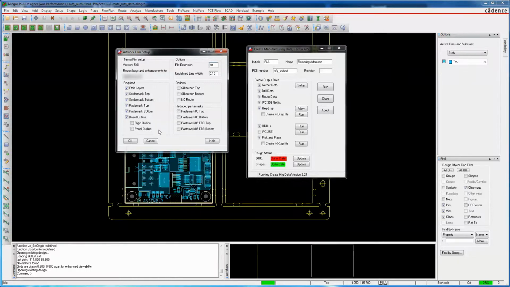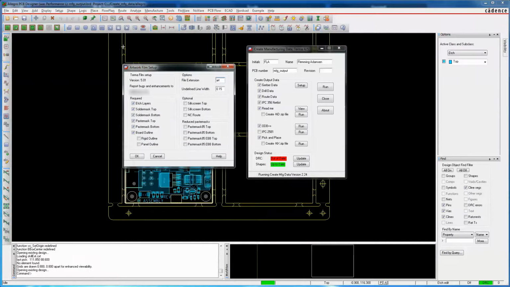This is the default ones, which is the edge layers. That's all your copper layers defined in your StackUp will go into separate artwork layers called layer 1, 2, 3, and 4. Your solder mask top and bottom, paste masks, and your board outline.